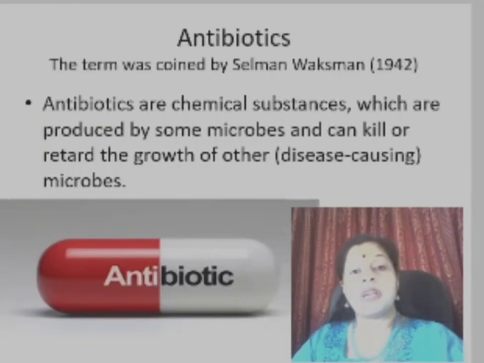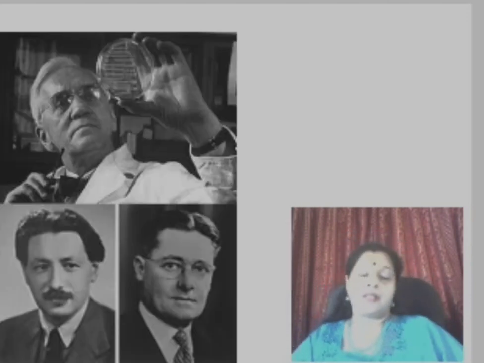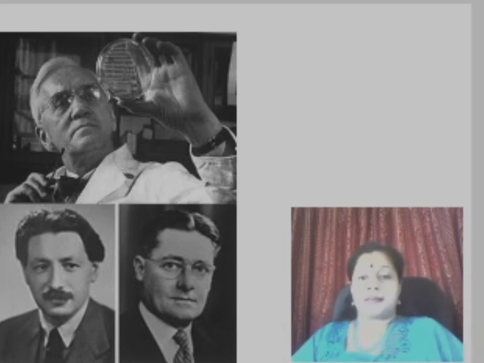Another useful industrial product is antibiotics. The term antibiotics was coined by Selman Waksman. This is a new term for us because we are all familiar with Alexander Fleming in connection with the production of antibiotics. What are antibiotics? They are chemical substances produced by certain microbes, but it can be used for killing or retarding the growth of other disease-causing microbes. The credit for finding out this antibiotics for human use goes to three scientists: Alexander Fleming, Ernest